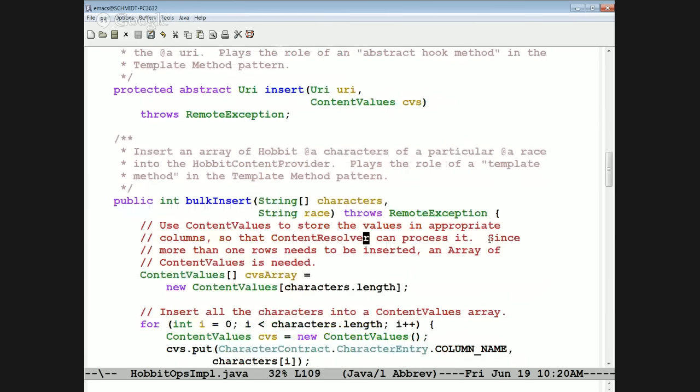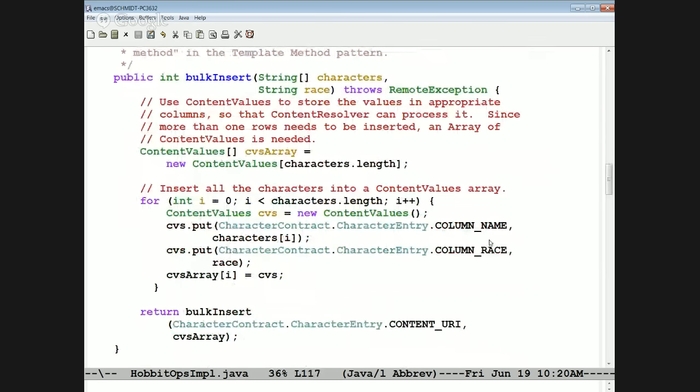Bulk insert, kind of a fun example here. Bulk insert, as I mentioned before, when we talked about the contacts content provider simple application, is a way to insert multiple rows into a table in one fell swoop, in one operation. And so what we do here is we take an array of characters of a particular race, like a bunch of hobbits, or a bunch of